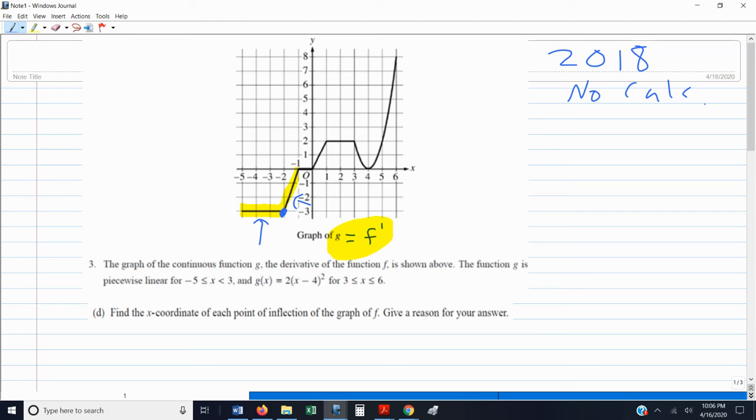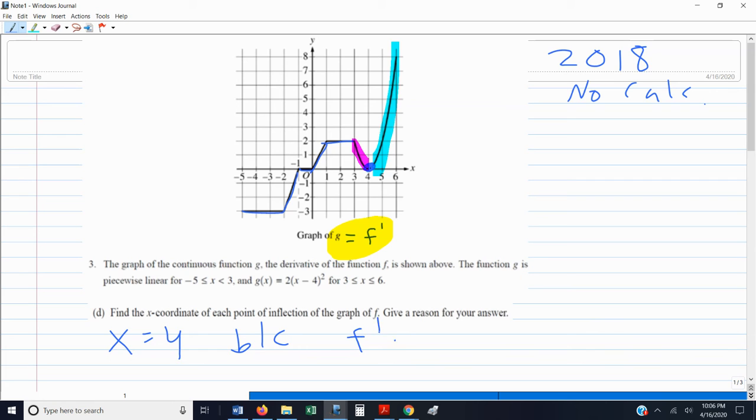So take a look at the graph. There's actually only one x value where this is happening, and that would be at x equals 4. So we have f prime is constant, f prime is increasing, f prime is constant, f prime is increasing, f prime is constant. Then we have f prime is decreasing, and then we have f prime is increasing. So the answer is x equals 4